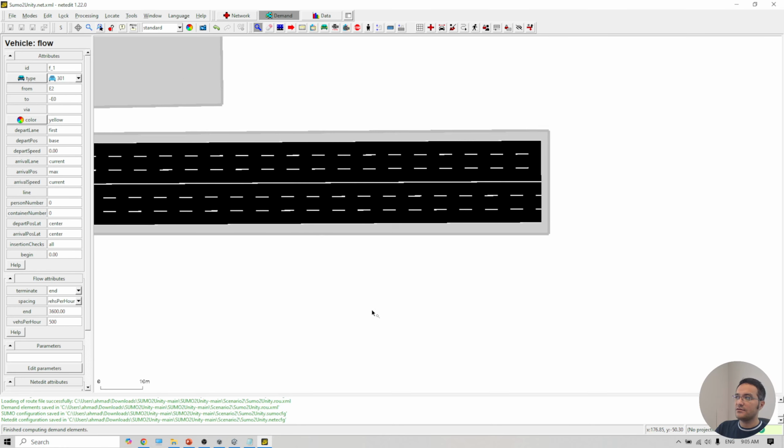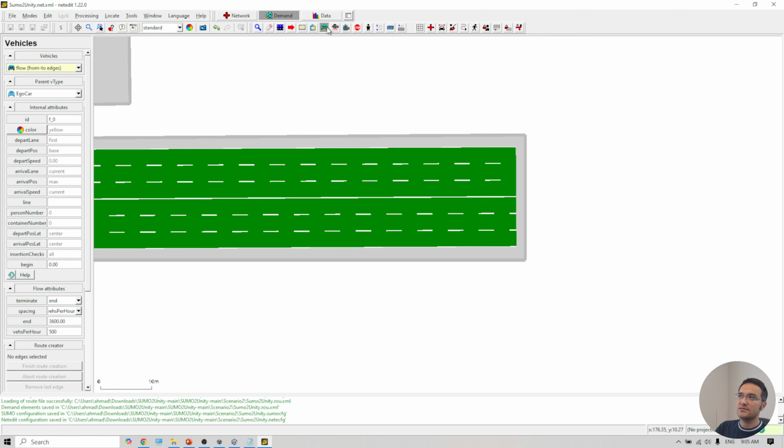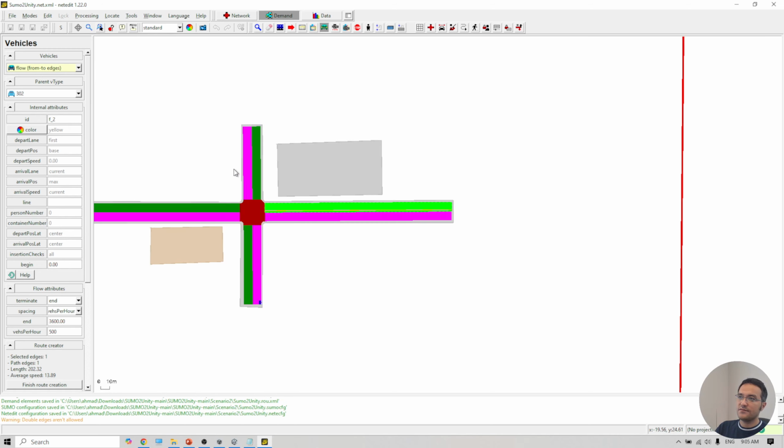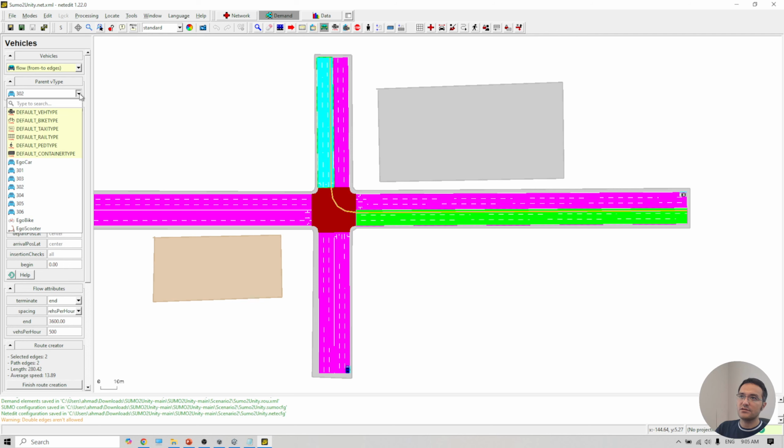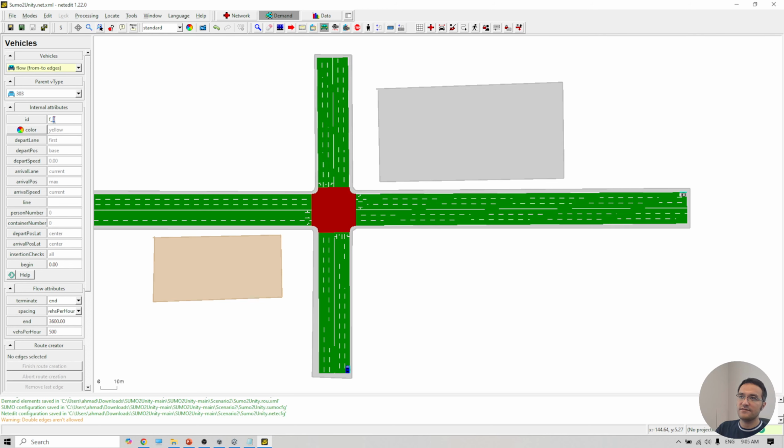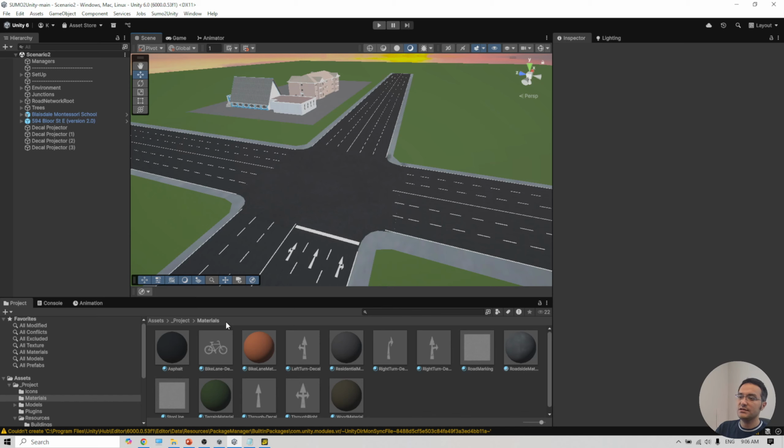So let's add another car here. Go to this vehicle, and then flow, change this to 302, for example, and then change this to f2 now. From here to here, and then finish route. So let's add another one here. You see, it's very easy to add other cars, and 303, for example, f3. And then this can be from here to here, and then finish route. Yeah, just select all of these buttons to save, and then that's pretty much it. So let's go to the Unity, and then